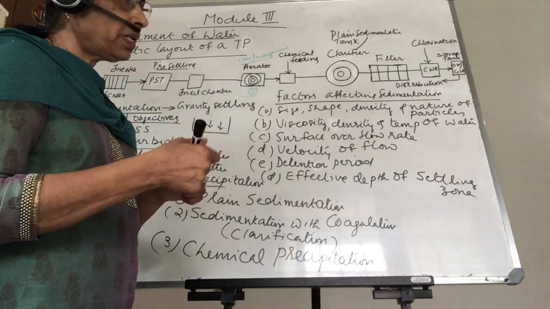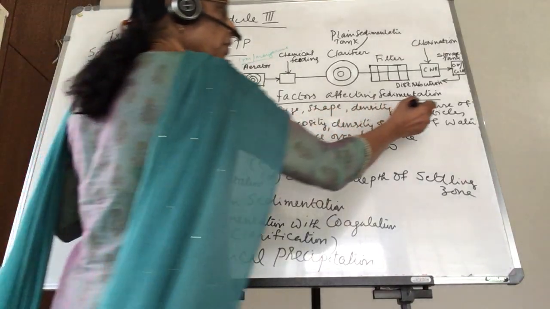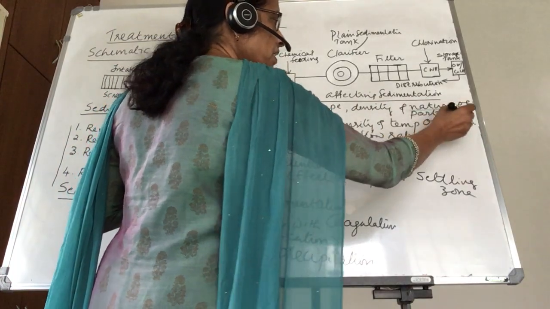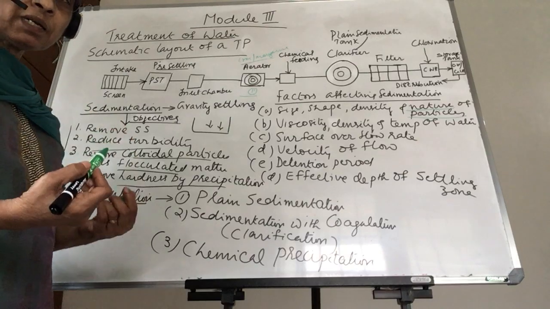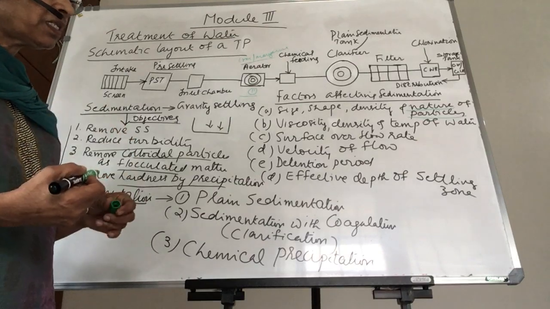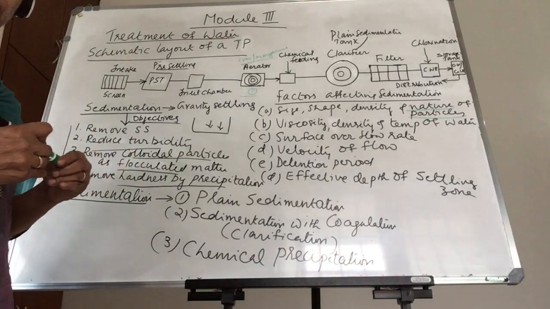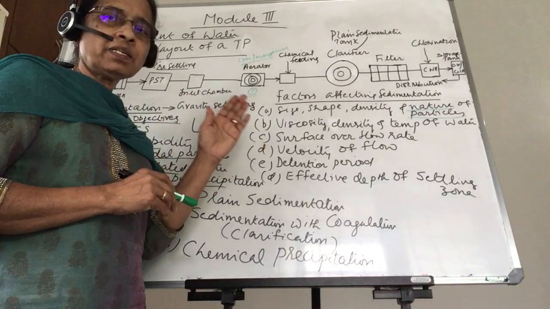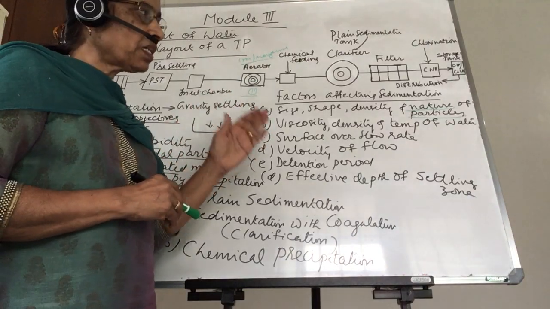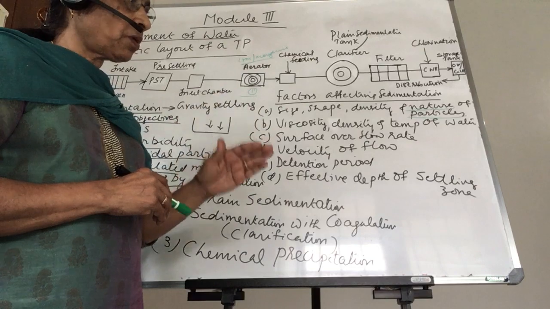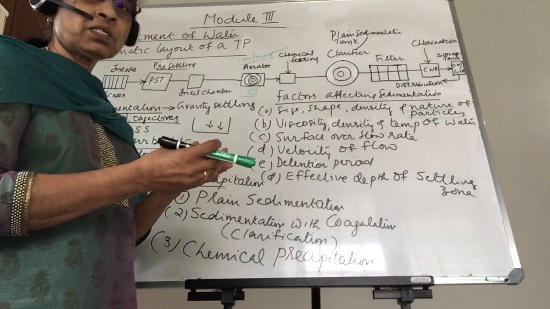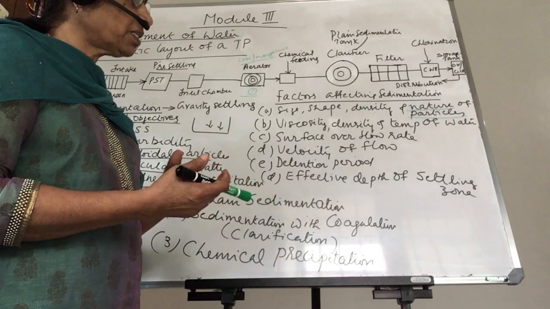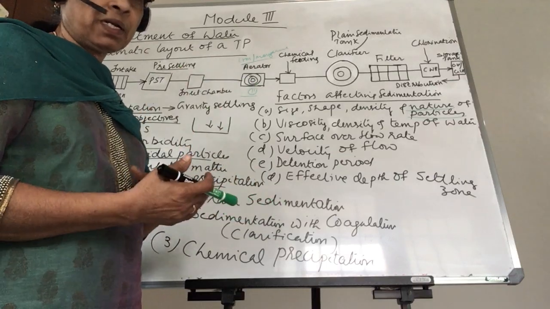So what do you mean by the nature of the particles? The nature of the particles means whether it is discrete particles or other particles. If it is discrete particles, we know the discrete particles will not change their properties. So we want to know whether these particles are discrete particles or the other type of particles, which is non-settlable particles.